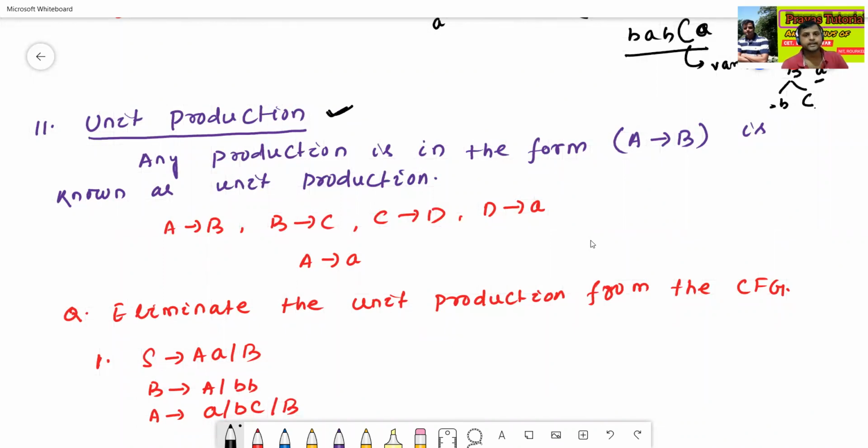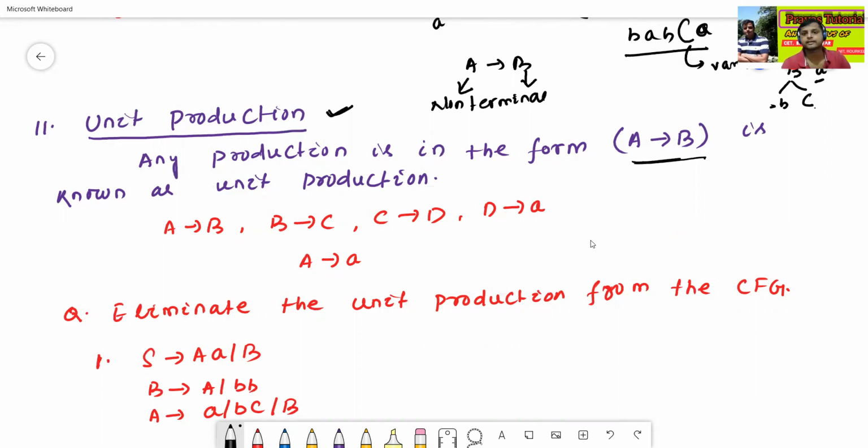Any production in the form capital A to capital B is known as a unit production. Here A is a non-terminal and B is also a non-terminal. A and B both are non-terminals.